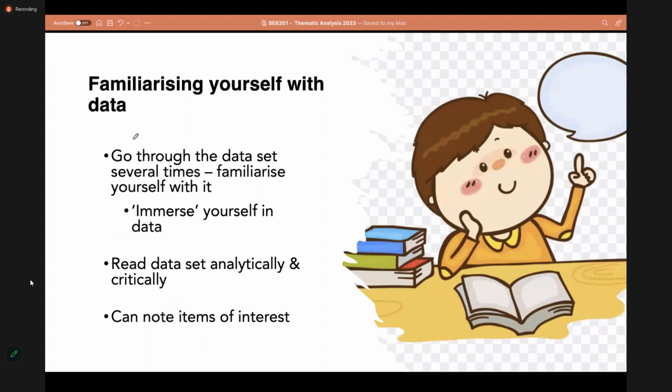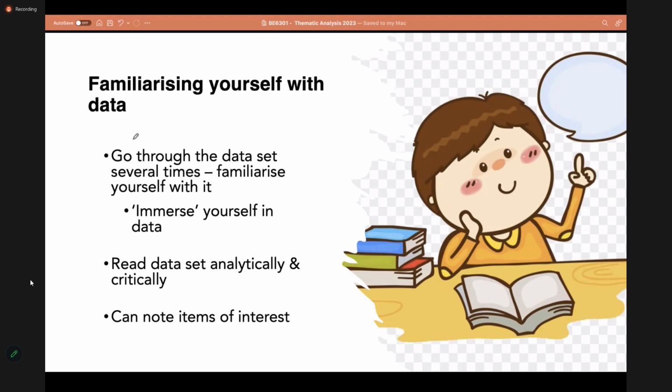Then before you start your proper thematic analysis process, you have to go through the interview transcripts that you produce and familiarize yourself with them. You have to immerse yourself in the data.